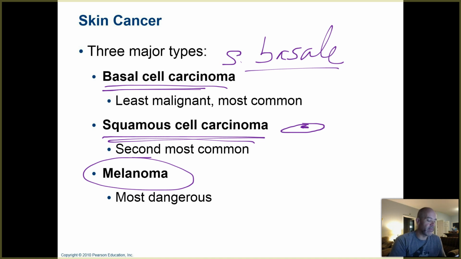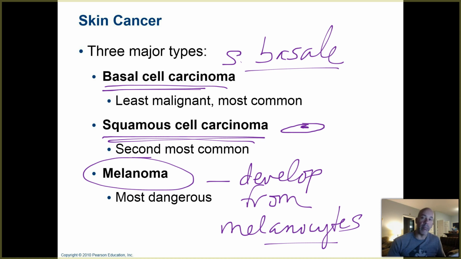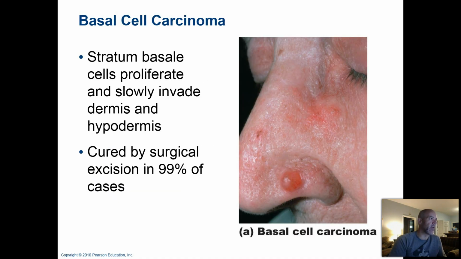And then finally, melanoma. This is the most dangerous. Melanoma is developed from melanocytes. So you've probably heard before that you should watch your moles, because moles are overgrowths of melanocytes, and sometimes some of the cells in a mole can become melanoma cells, so they become cancerous. They take on the ability to spread elsewhere in the body. They can spread to places like the lungs and the liver and the brain, and that is ultimately what can be fatal if that happens with that type of cancer.